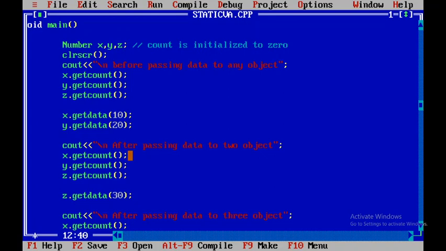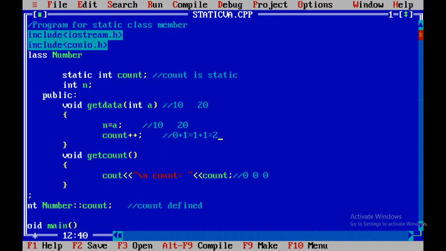So x.getCount, y.getCount and z.getCount. Here this getCount method we will execute by using first x object. So when x.getCount is called, it will print value of count, and the last value of count was 2.